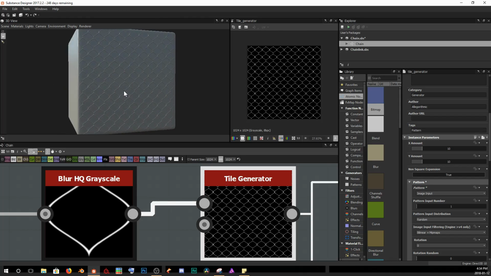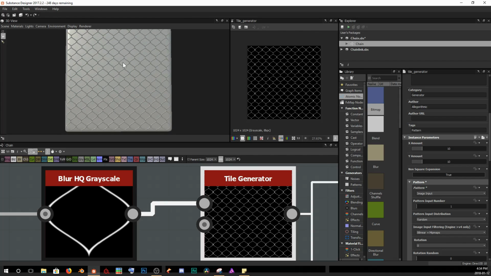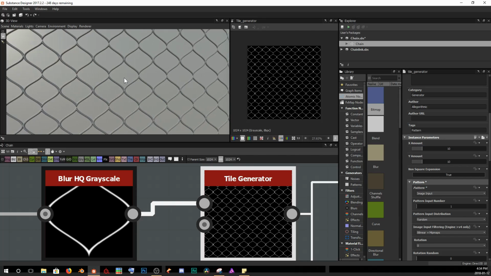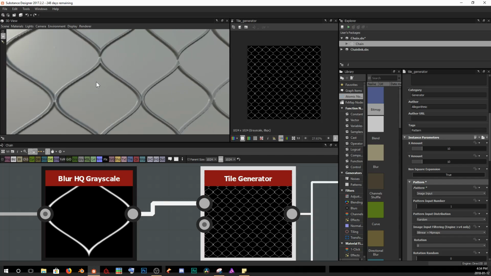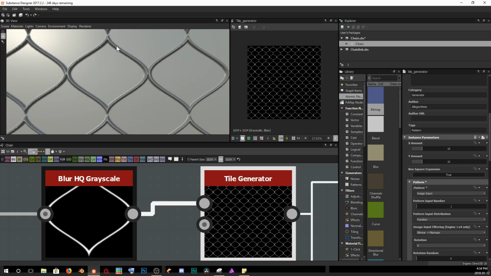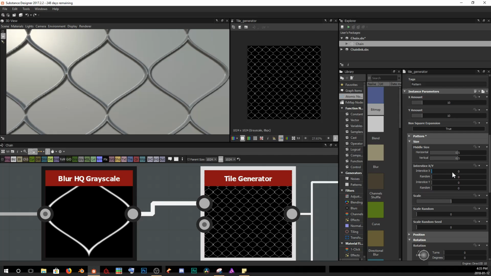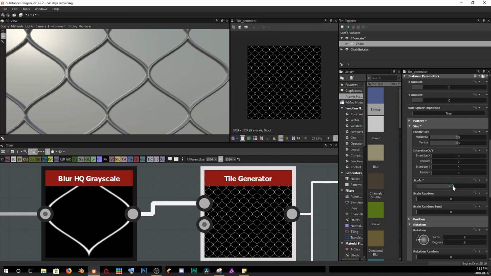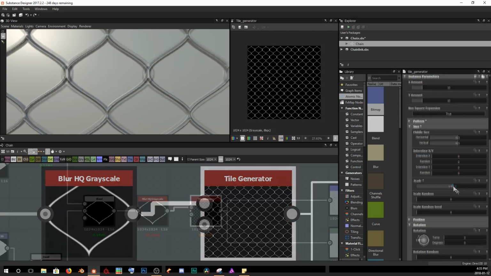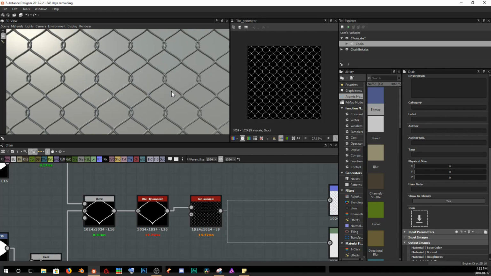And you can start to see that it's already giving us that fence look or that chain link kind of formation. And so we're already off to a good start. But we've got a little bit of an issue because none of our geometry is intersecting or touching each other, and none of the actual geometry is bending and warping and linking with each other like it would in a chain link fence. So the first thing that I want to do with our tile generator is bump up our pattern size just a little bit, just so that we get our materials intersecting with one another. And so I bump it up to 1.14